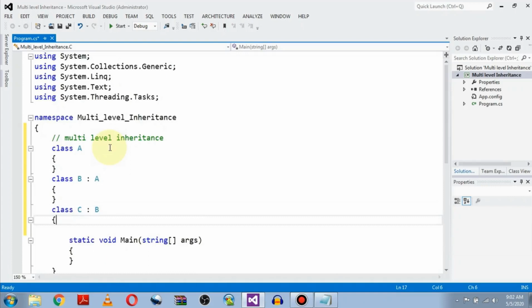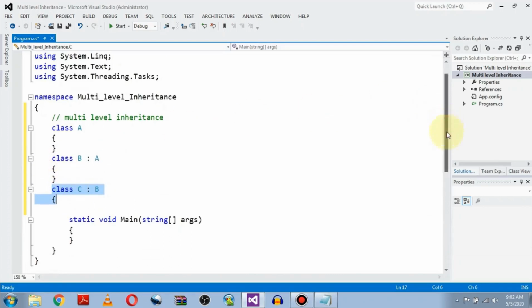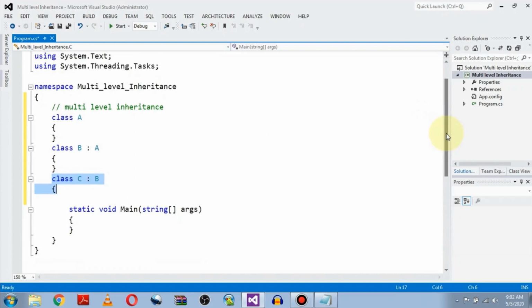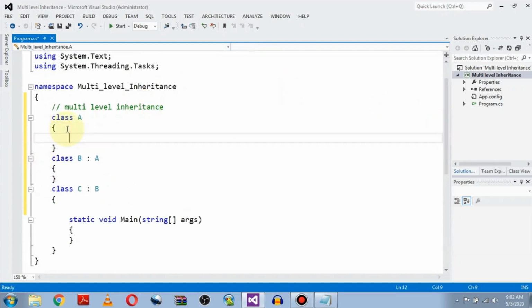So students, if you can see, this is class A, the parent. Then class B is connected with A, which is the child of A, and class C is connected with B, and its parent is class B. So these are all connected at different levels. So let's implement this.